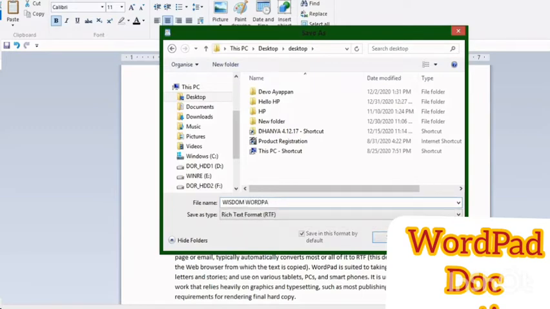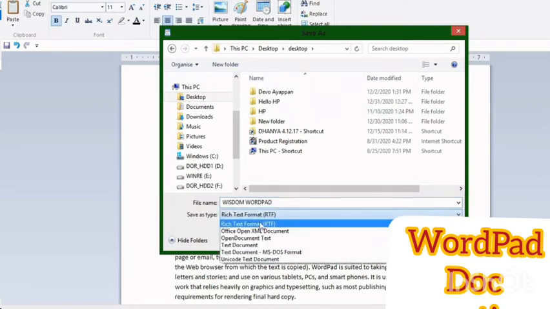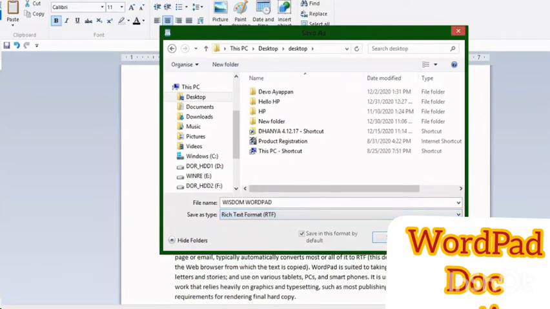Next one, how do I specify a file name? A file name provides a hint about the content of a file. You can use your first name and last initial as the file name. For example, if the name is Rahul Gupta, use the word Rahul as the file name.